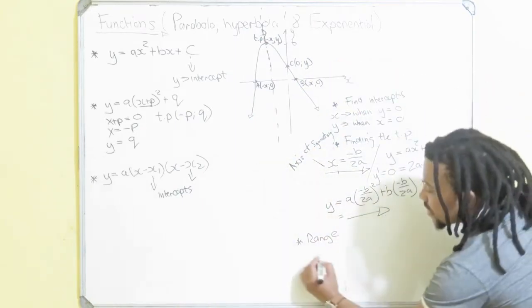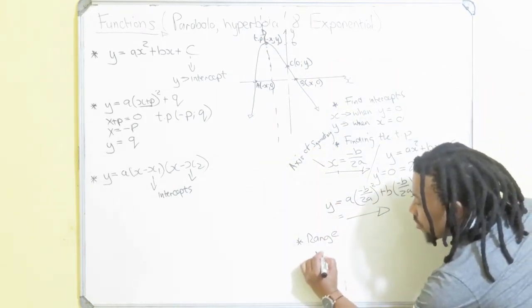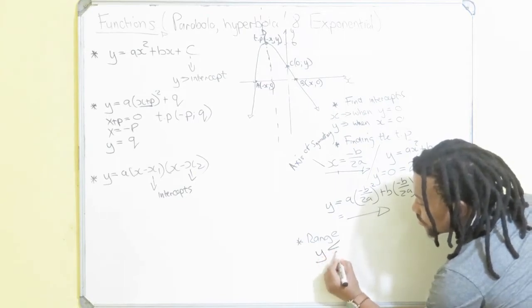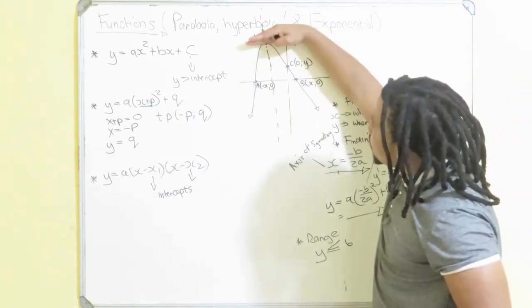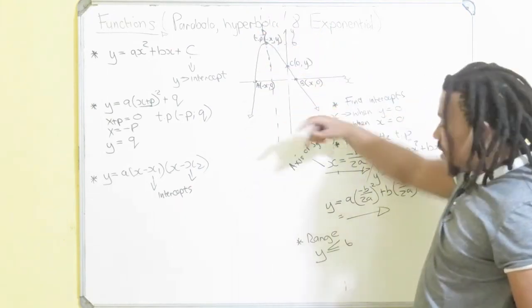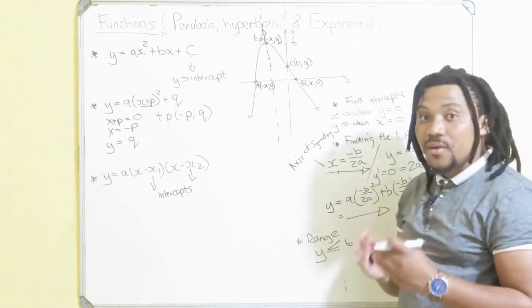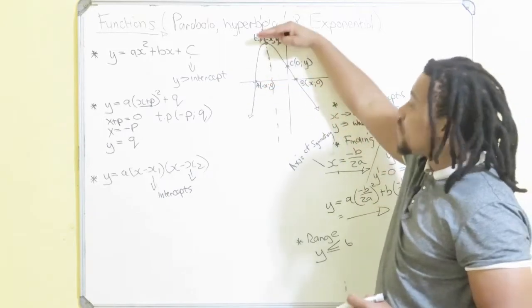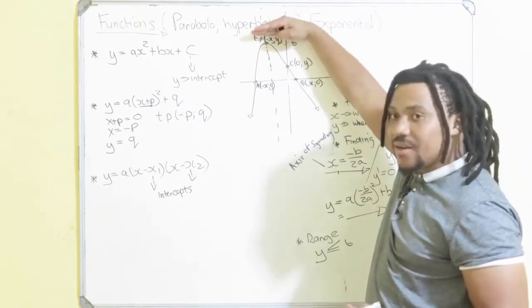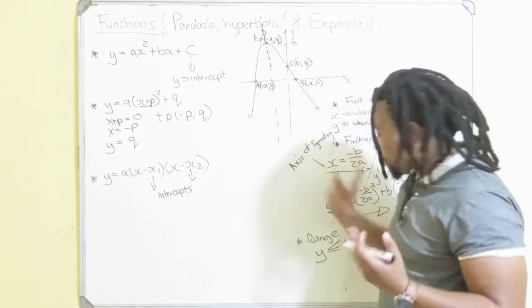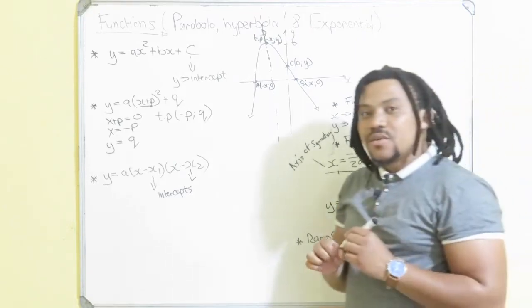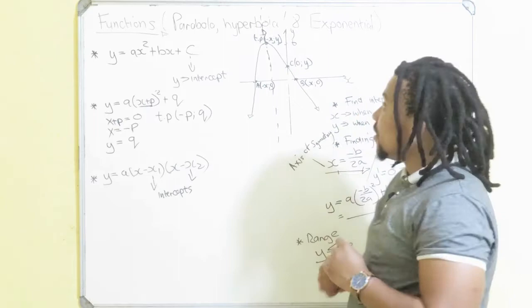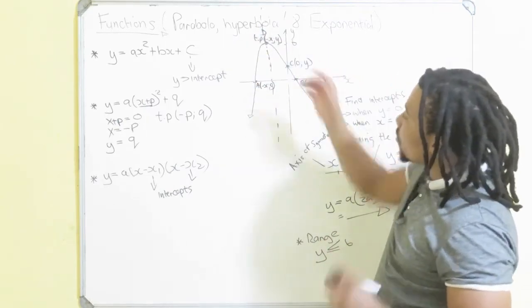Then that means that our range will be y is less than or equal to 6. So y is equal to 6 or less than 6. That is our range. That is how we actually look at the range. We always focus on the y values of the graph. Where does it end? Where does it start? And then we write down where it ends. Okay, the next thing that we need to understand in these parabola graphs is that,